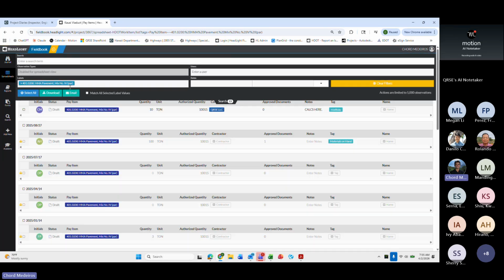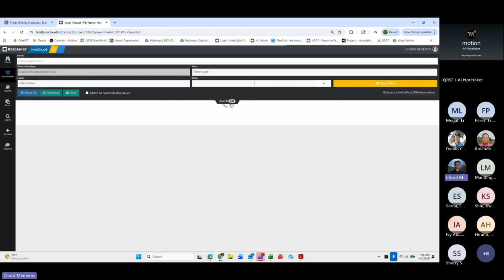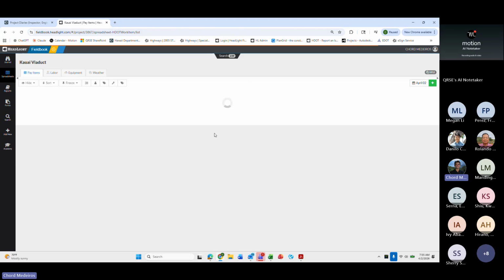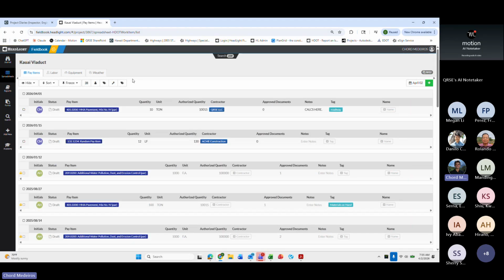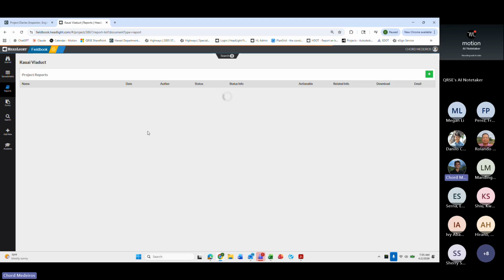I'm going to remove this filter. So I'm going to clear all the filters, get back to the overall project. So at the end of the day, that is it for journal observations and spreadsheet observations that we've gone through previously. There are two options for how to create a journal